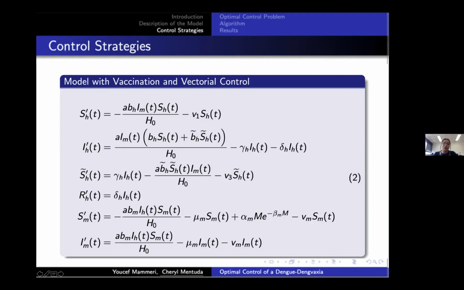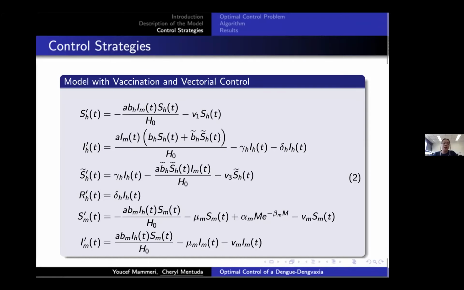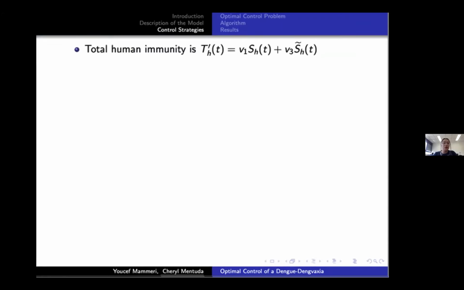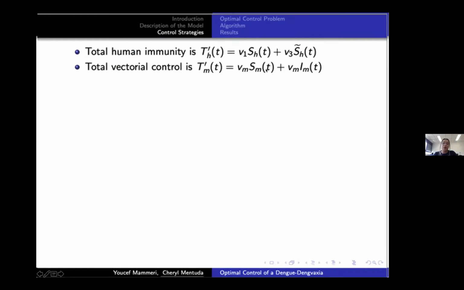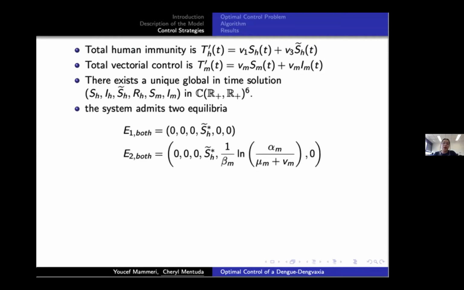So from this ODE, we consider that the total human immunity is given by V sub 1 SH plus V sub 3 SH tilde, and the total vectorial control is V sub M SM plus V sub M IM. From here, we can also get the global well-posedness, and we have two disease-free equilibria, and we can get this